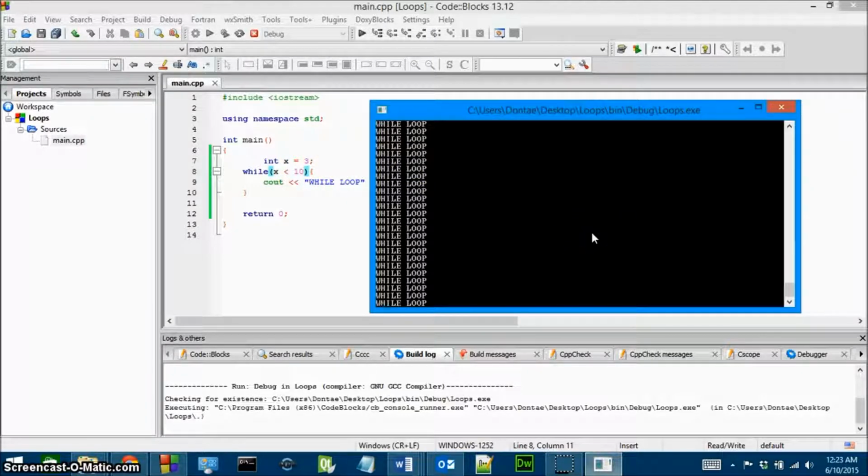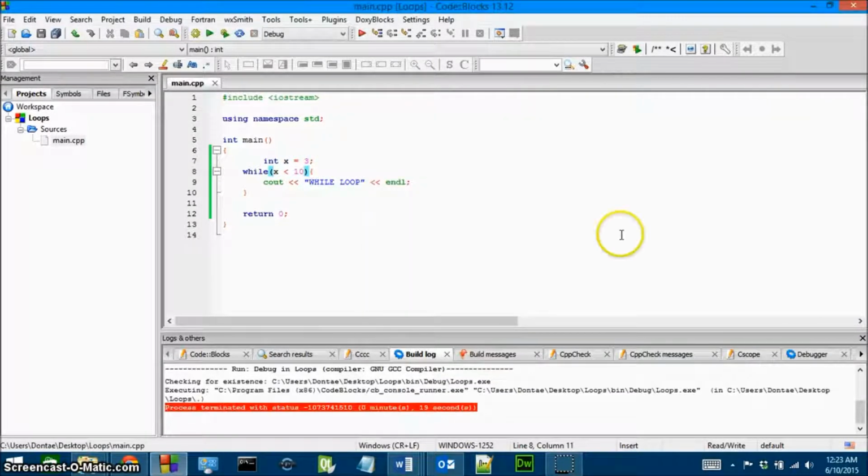So to stop this from running, we can just click Control C, close it out, and add an incrementer to this. So I want to add the incrementer, and instead of adding it in our parameters up here in our while loop, which we could use with our comma. So instead of using a semicolon as we do in for loops, we use commas in the while loops to separate everything. So we could just say x plus plus right here,